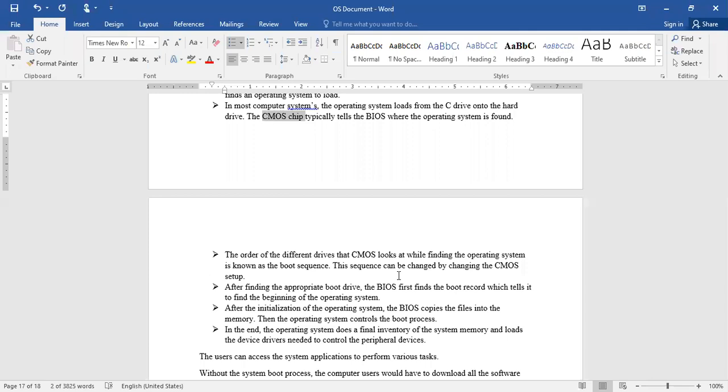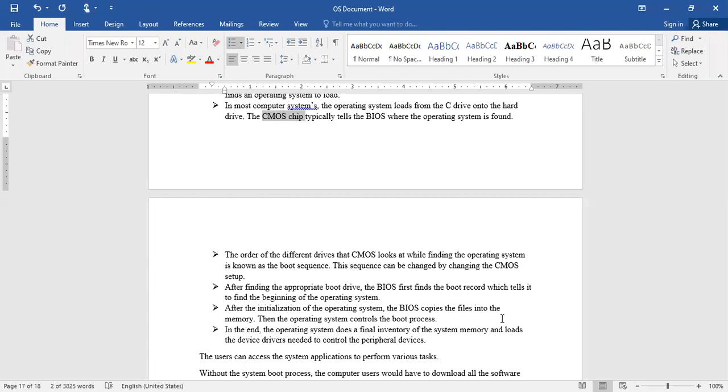After initialization of the operating system, the BIOS copies the files into the memory. Then the operating system controls the boot process. Once it is loaded successfully, it takes control of everything, because this is the key point from which it looks after all the operations going on inside the system.